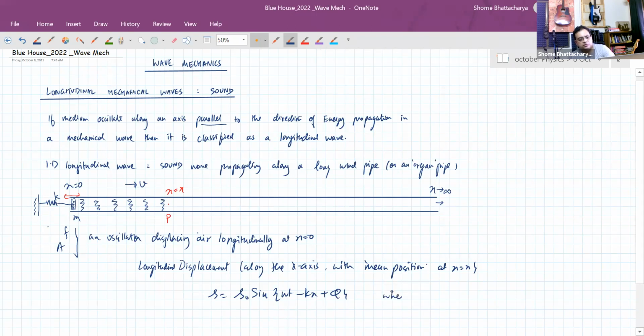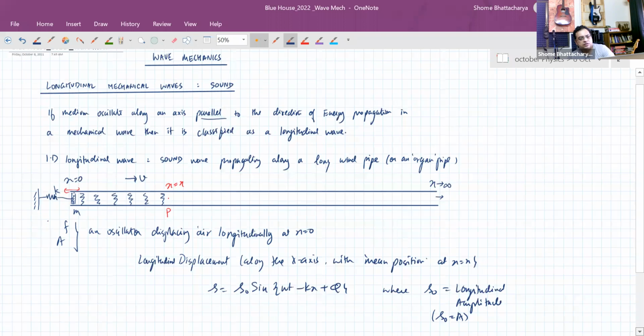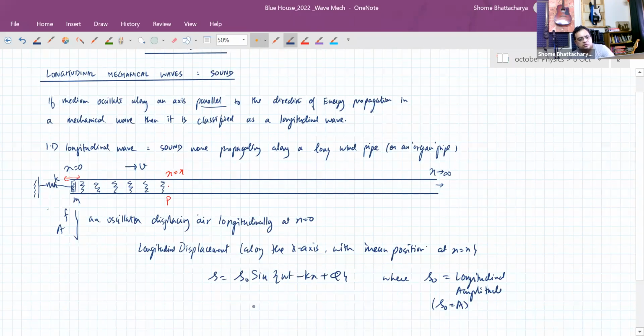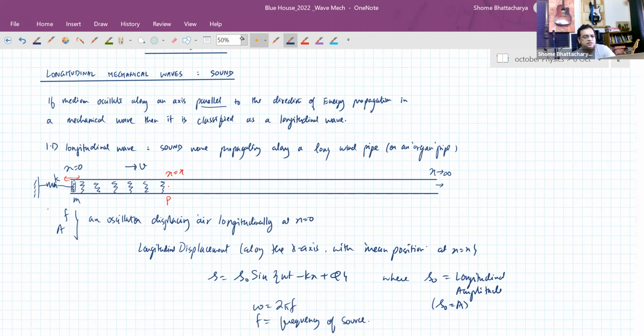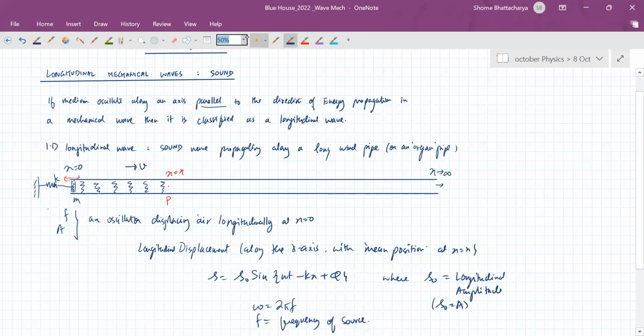where S naught is equal to the longitudinal amplitude. In this case, S naught will be equal to A, the amplitude of the source. Omega will be equal to 2 pi f, where f is the frequency of the source. So same equation, right? For sound waves also, exactly. The only difference is that now it is not a displacement along the y-axis, it is a displacement along